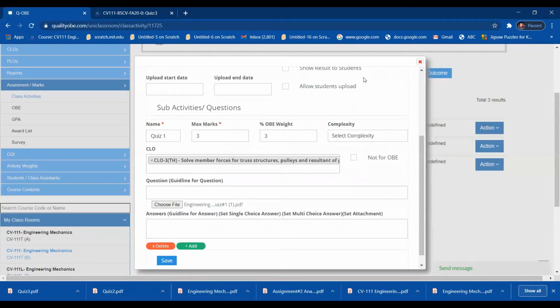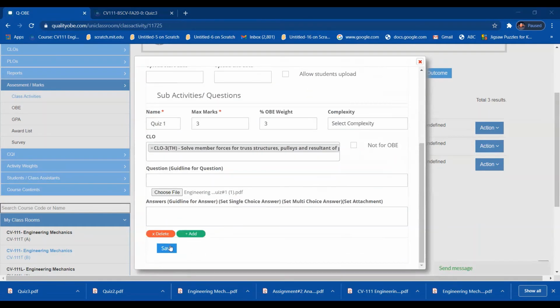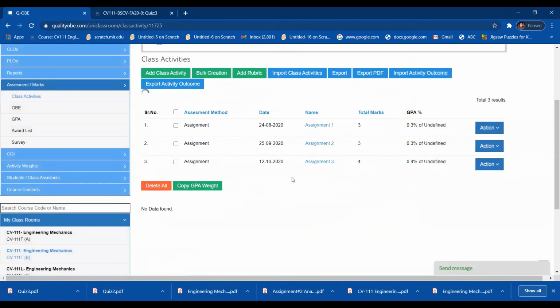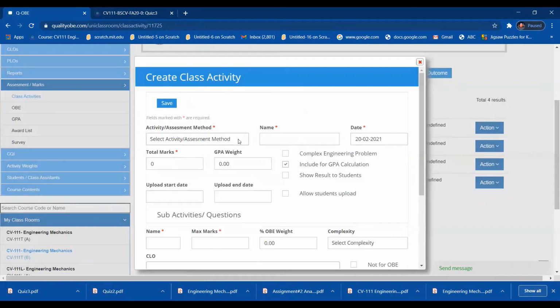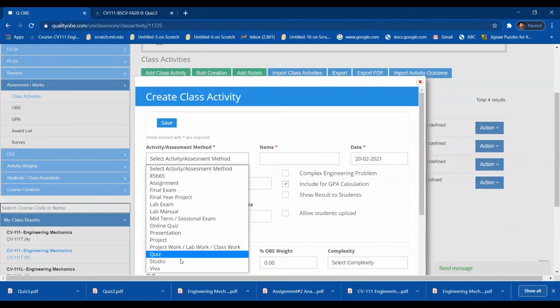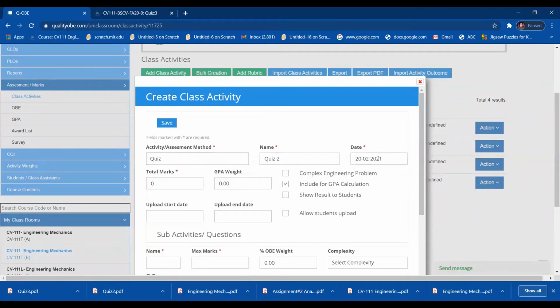This one. Let me see whether the screen is shared with you or not. Okay, it is visible to all of you. So now, done, and now I have to click on the Save tab. When I click on the Save tab, the quiz activity of quiz number 1 is generated, or you can say it is created. Then you have to click on quiz number 2.